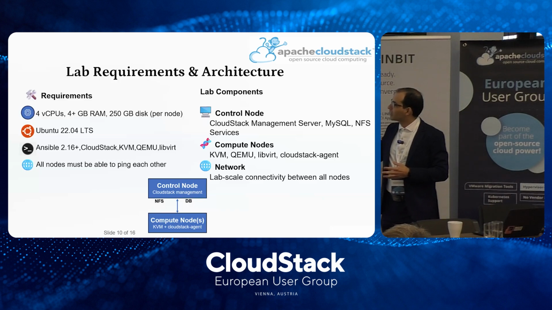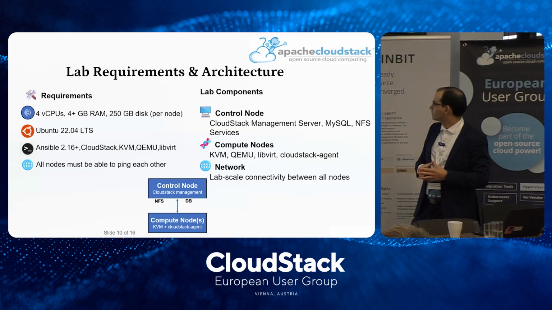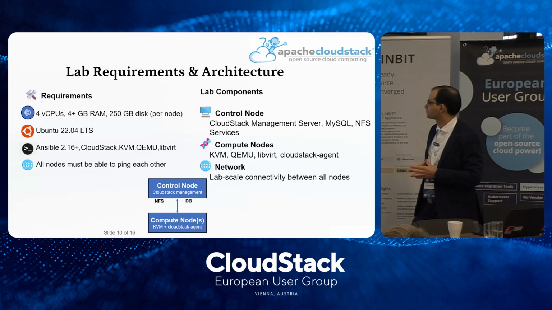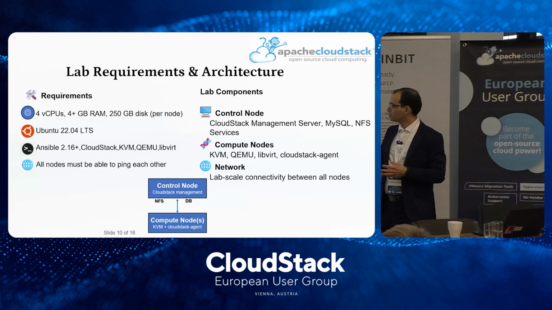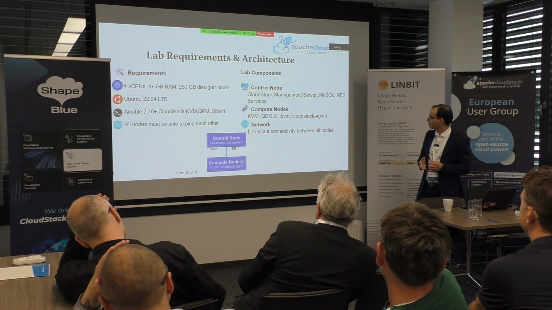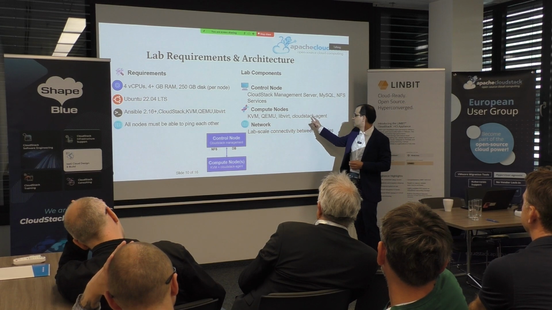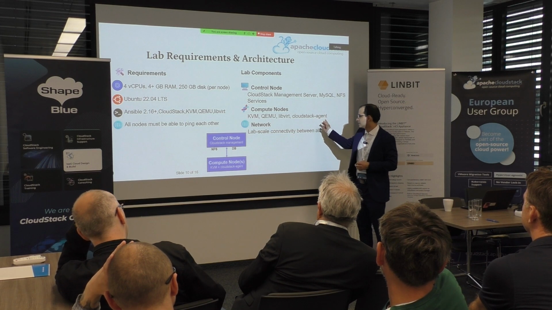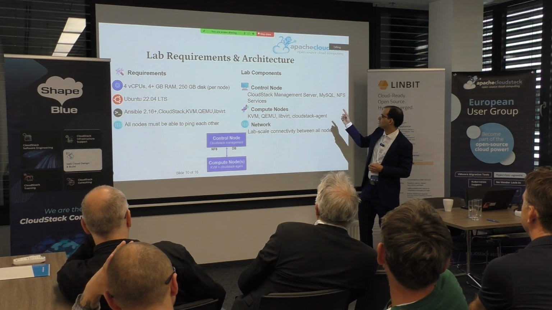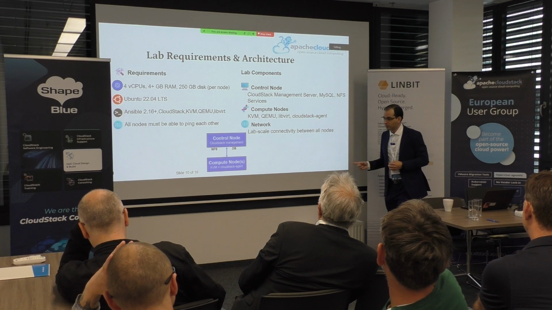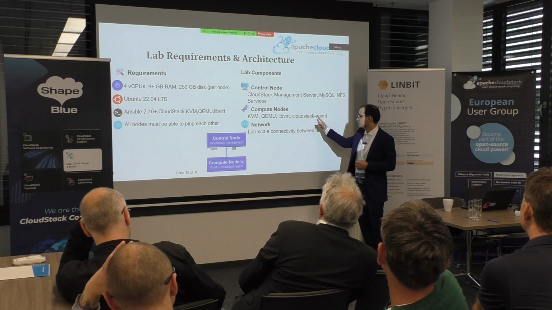We will have in the same machine the NFS, as I told you before, to use as primary and secondary storage. And in the compute nodes, we will have KVM, QEMU-libvirt, and CloudStack agent. This is really important, because without CloudStack agent, again, I will share with you a role that installs everything, including CloudStack agent. But keep in mind that if the CloudStack agent is not